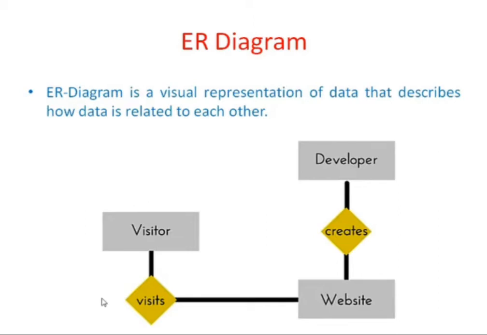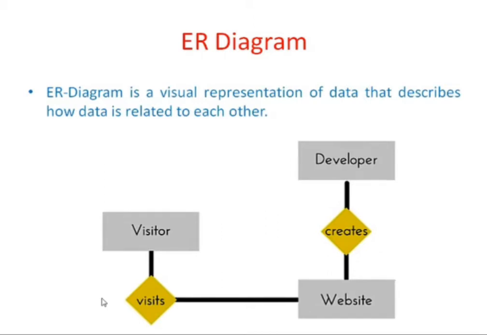So you already know what a database is. What do you mean by database? It is a vast collection of data or information. In the database, a lot of data are moving in and out. Now it will be very difficult to know how these data are going to interact with each other.